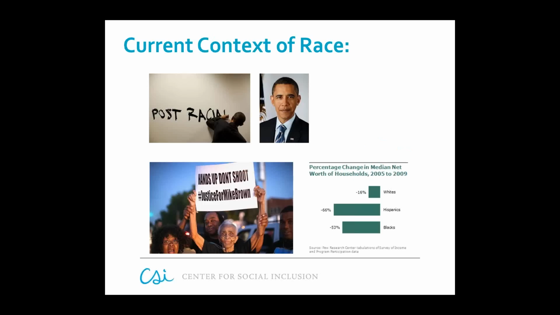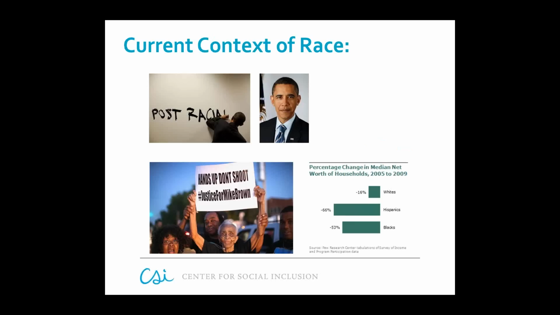Over the course of the past year, we've been witness to several national events that speak to the unjust nature of institutions towards people of color, particularly within the criminal justice and law enforcement systems. Mike Brown of Ferguson, Trayvon Martin of Miami, Ramarley Graham and Eric Garner of New York City are a few examples. And additionally, when we look at how well communities of color are faring with regard to their economic health and sustainability, we see another inequitable picture.